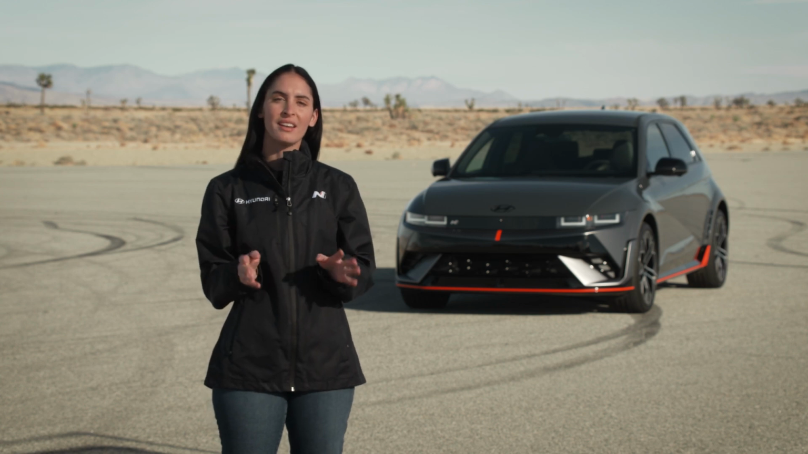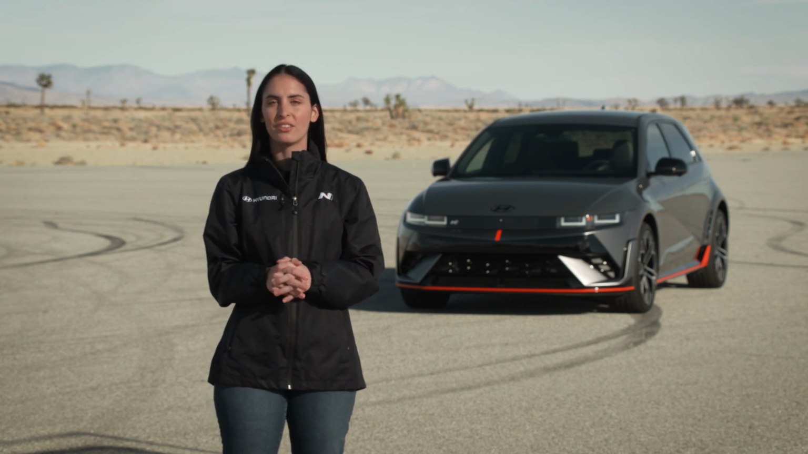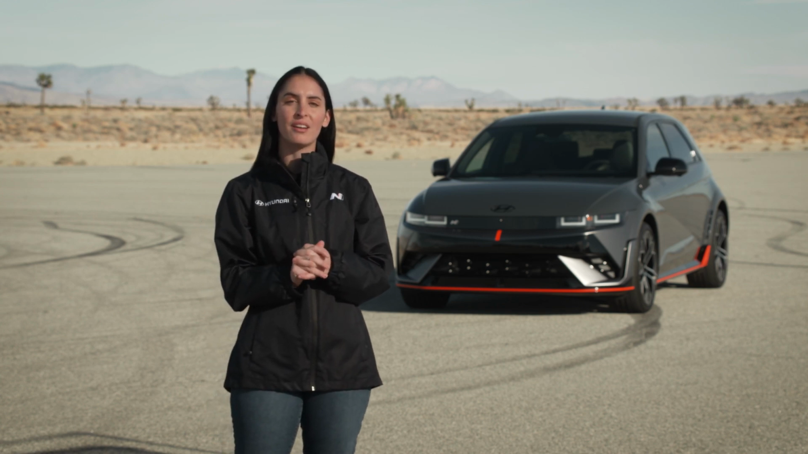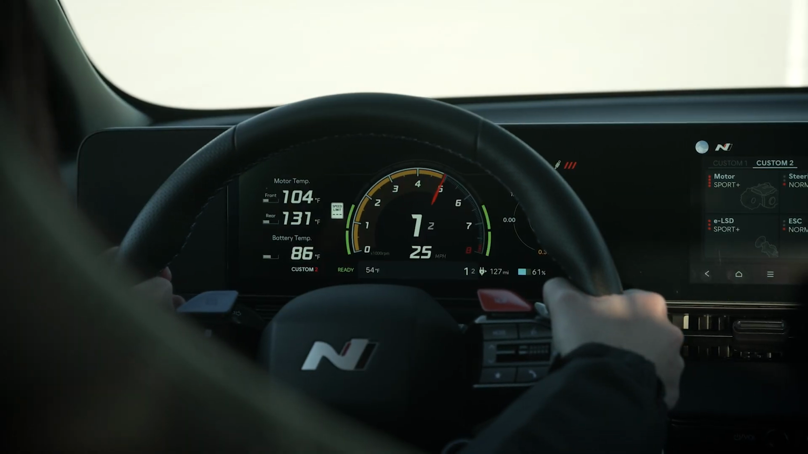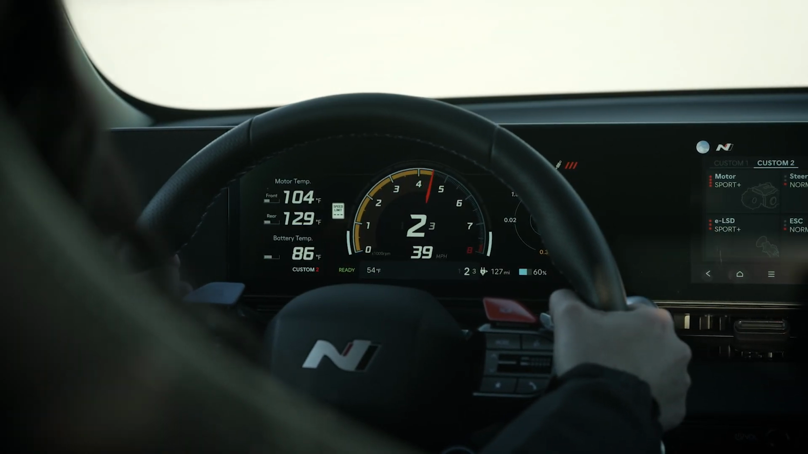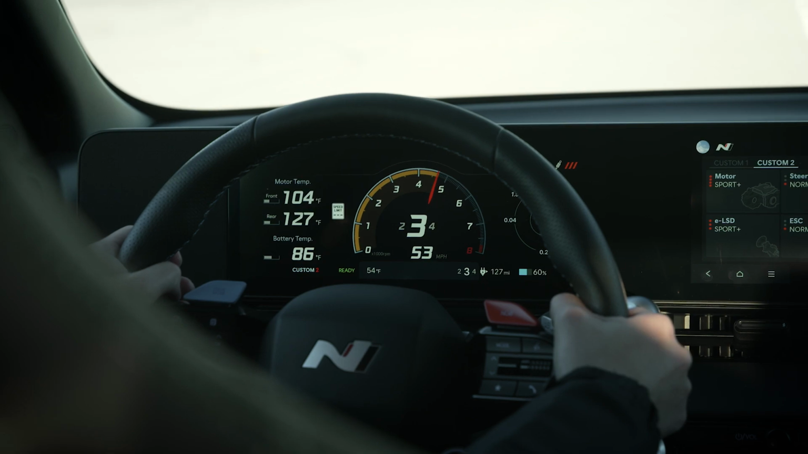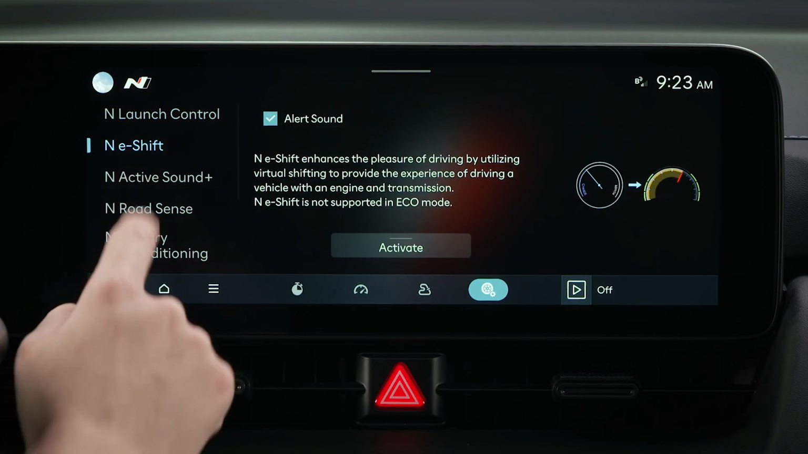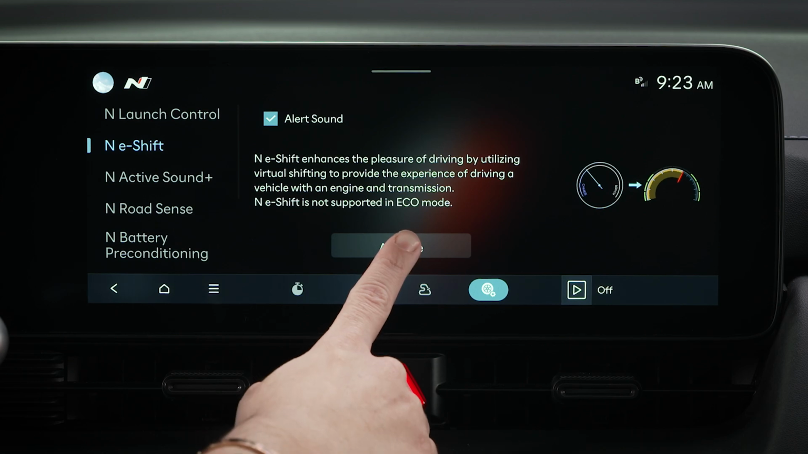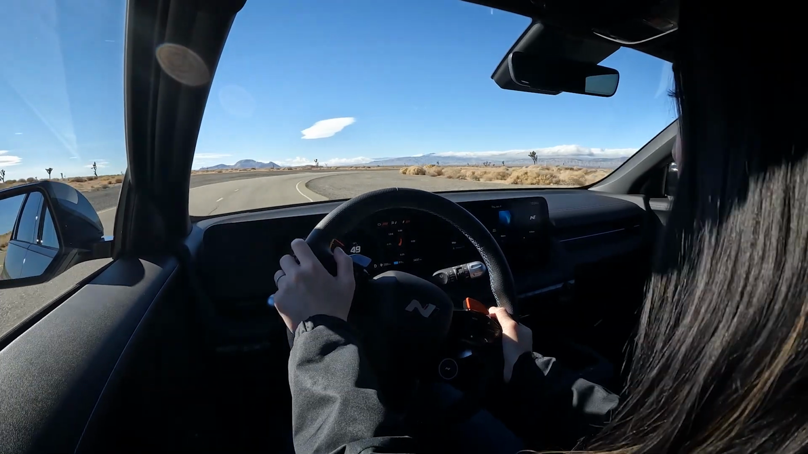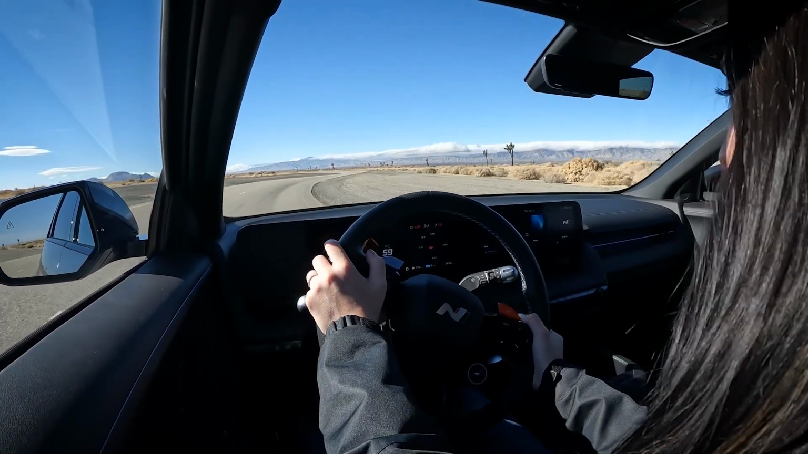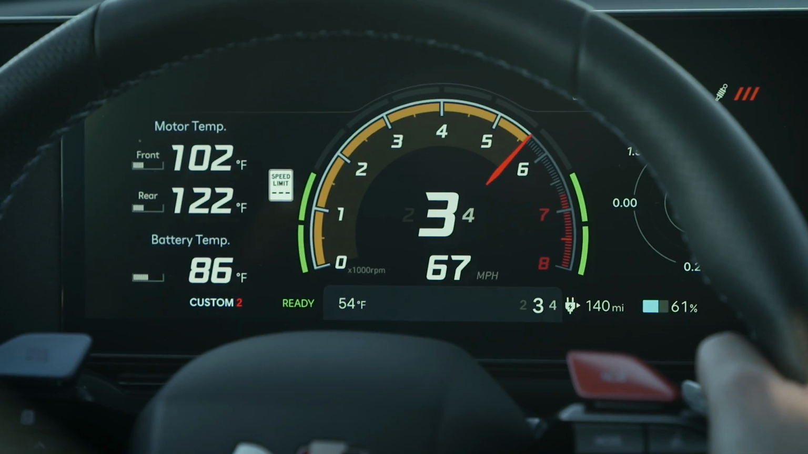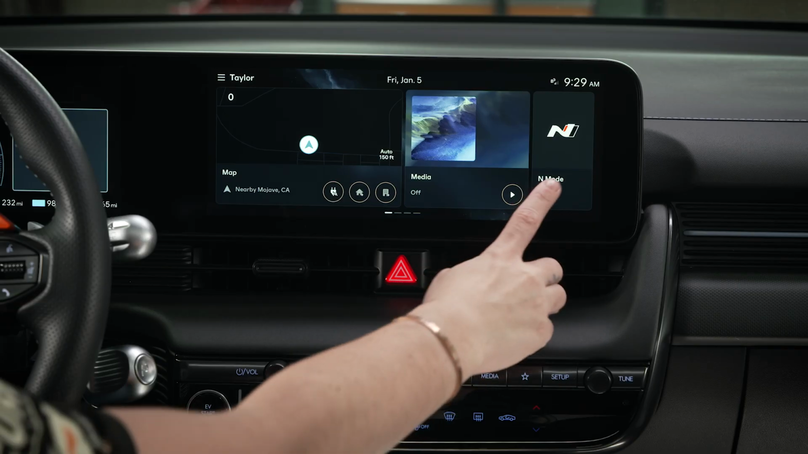N eShift and N Active Sound Plus work together to deliver an engaging shift feel and sound. N Active Sound Plus provides a choice of futuristic powertrain notes through 8 internal and 2 external speakers. This feature will automatically turn on when N eShift is engaged. For other drive modes, you can select if it is on or off, plus choose the theme being used when it is on. Select N mode,